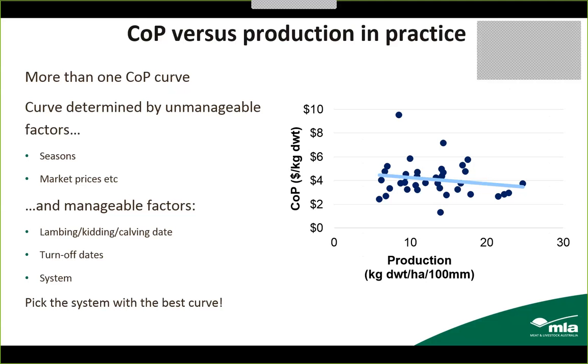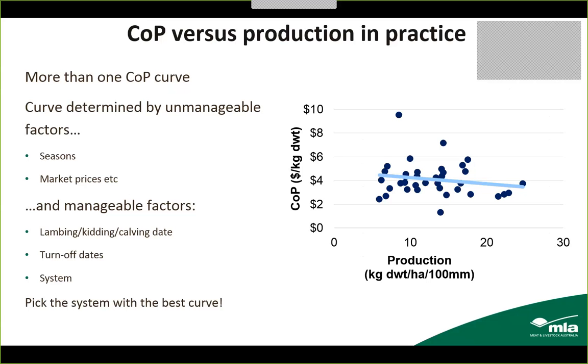And we think the manageable factors are things like lambing, kidding and calving dates, turn-off dates, your systems and a range of other things. But really what you need to do is pick the system with the best curve, and that's the flattest curve at a pretty low point. So we never really see that preceding curve in a full benchmarking data set because we've got a range of